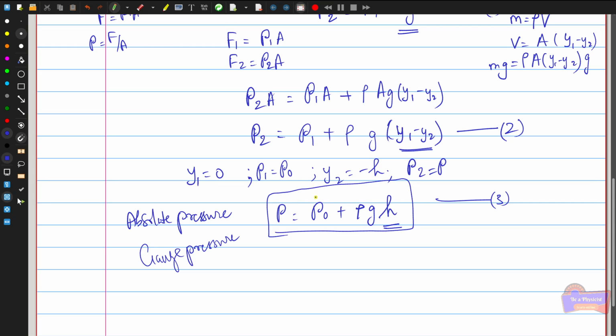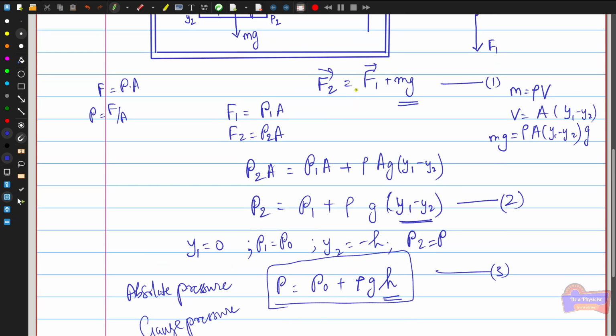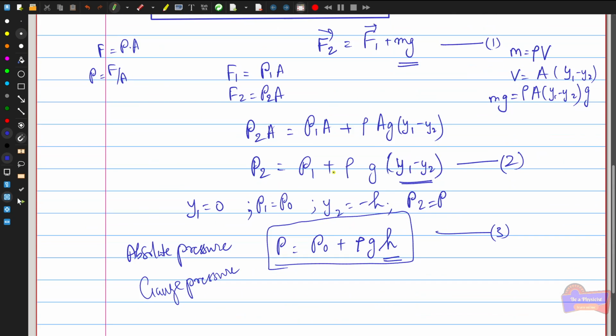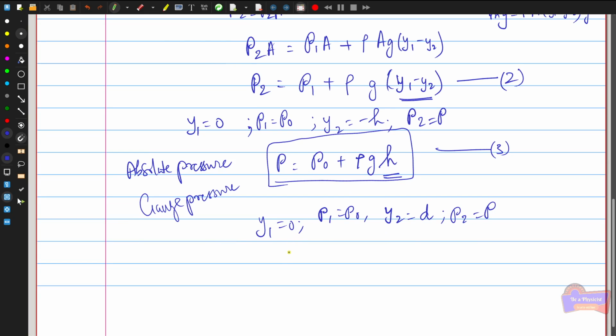Suppose you want to find out the atmospheric pressure at a given distance above the upper layer. For example, consider this layer, and P1 is assumed as the atmospheric pressure, which is equal to P0. Then I can write the equation we have found, equation 2, taking y1 as the reference point, so y1 is equal to 0. Similarly, P1 is equal to P0, and y2 has some depth d, and P2 is equal to P. Then I can write this equation as